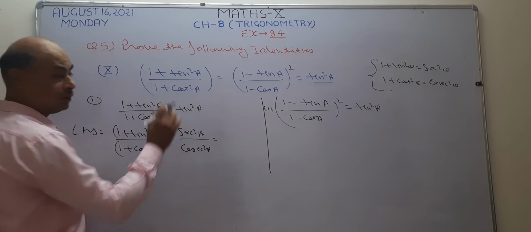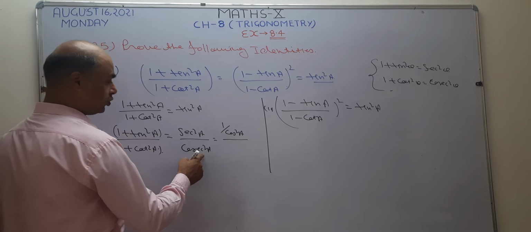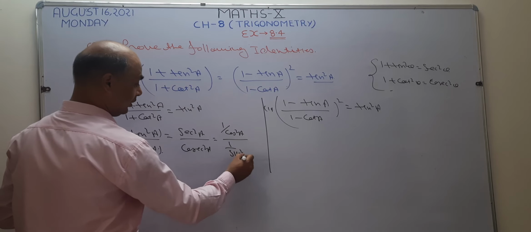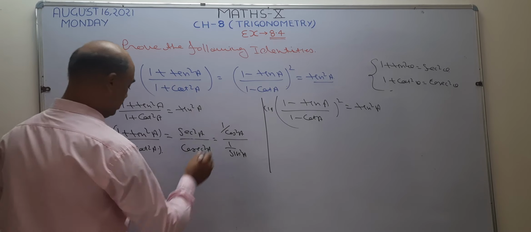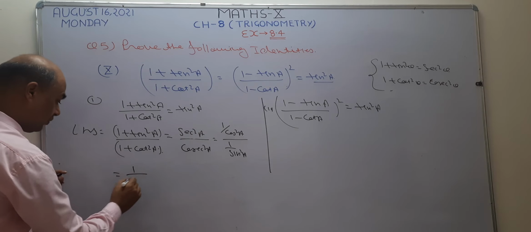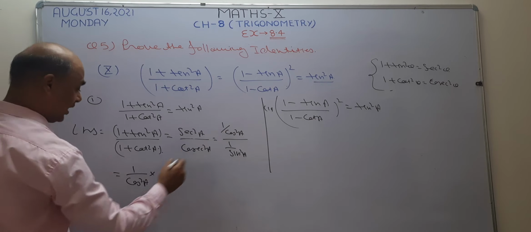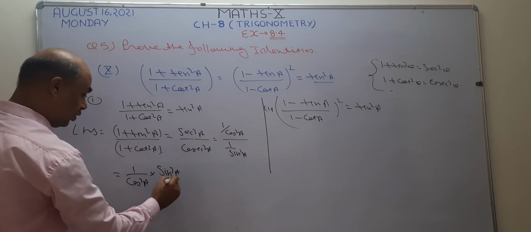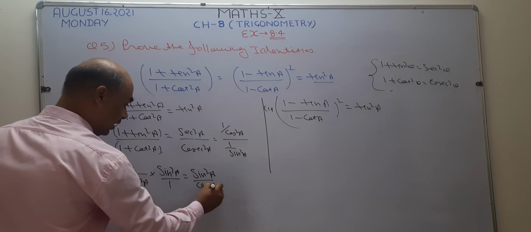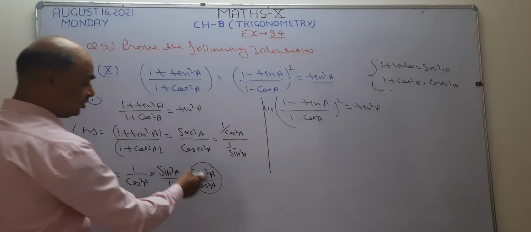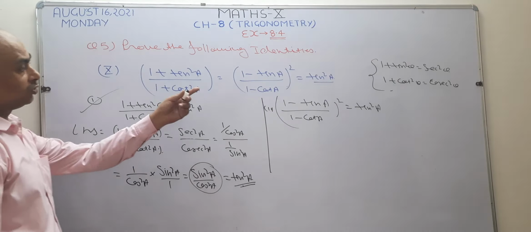After that, I am going to write the reciprocal of the secant. Reciprocal of secant is 1 by cos square a. Reciprocal of cosecant is equal to 1 by sin square a. Reciprocal of secant is 1 by cos, reciprocal of cosecant is 1 by sin. So I write the first term as it is, 1 by cos square a. I will take the reciprocal of the second part, so this becomes sin square a upon 1. Now this becomes sin square a by cos square a. You know that sin by cos equals tan. Square is there, so this is equal to tan square a. Simple. Okay.